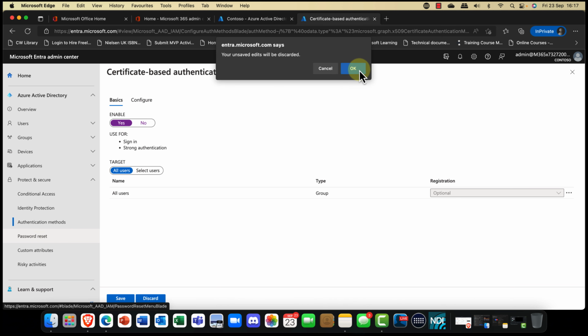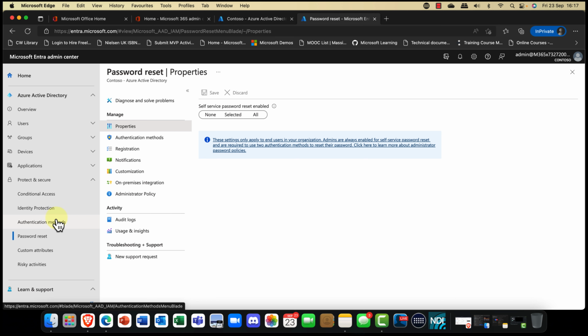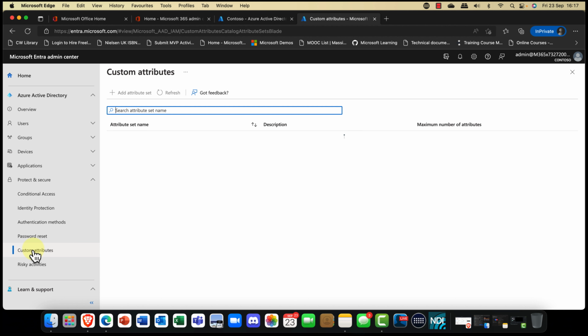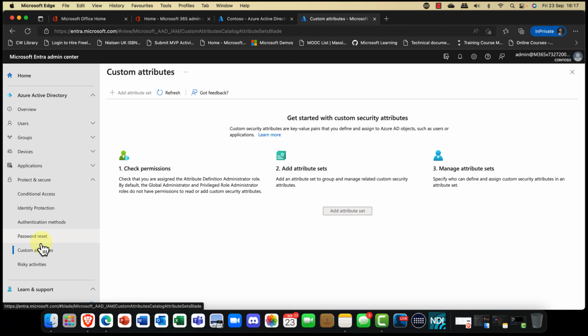Of course, you've also got things like password reset, so that's SSPR or self-service password reset. We've also got custom attributes here. So again, you can enable custom attributes. You can switch this feature on. And if you want to add in any additional attributes, so things like if you use an HR application or anything that you might require locally, you can add those additional attributes in. It's currently in preview, but again, very cool. How to do it, just click on the link. It'll take you through to